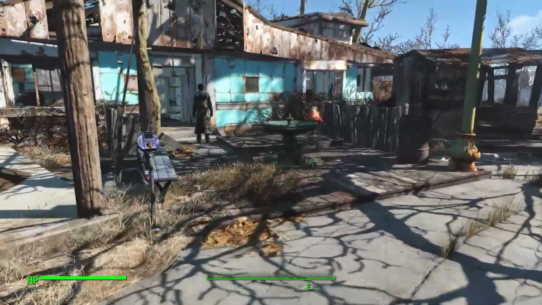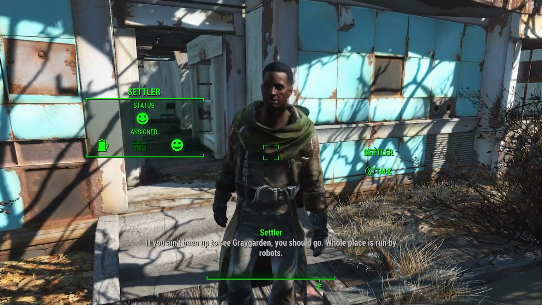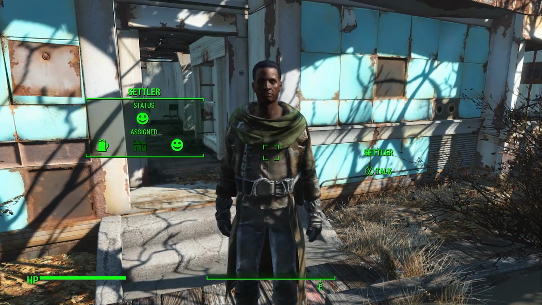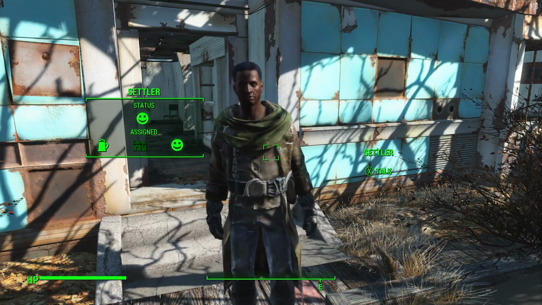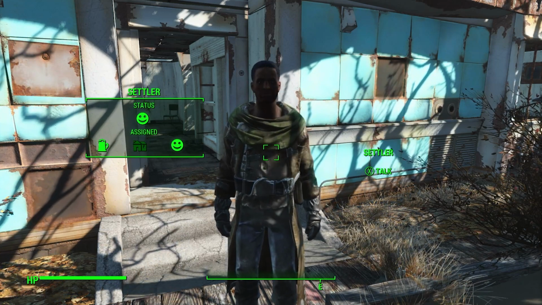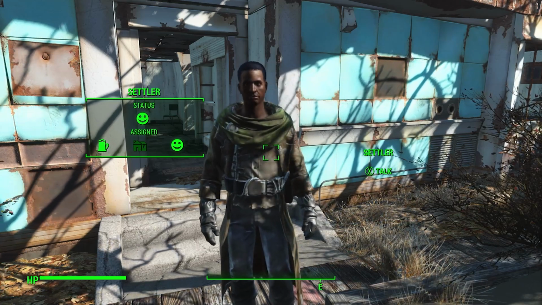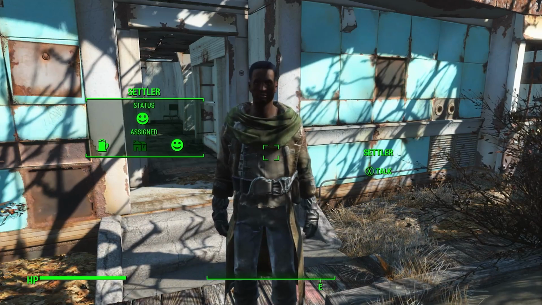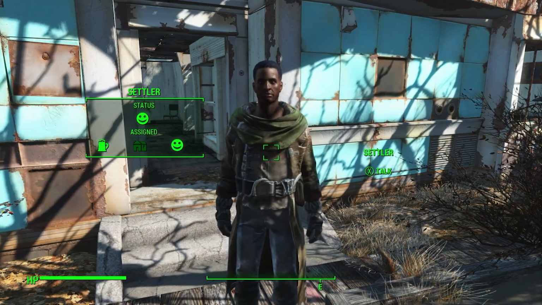The other place the info box shows up is when you activate an NPC. So if we activate this settler here, now occasionally it will bring you into the dialogue screen. So it might bring you into a trade screen or something like that. And then of course, just like the ASAM sensor menu, this will be hidden until you get out of that. But here we have the status, and that's going to show you whether or not they're sick. So before you get access to the Vitaminatic tools, which come pretty late in the quest line where you can see their actual diseases, this status symbol will show you either that they are fine, happy, they're